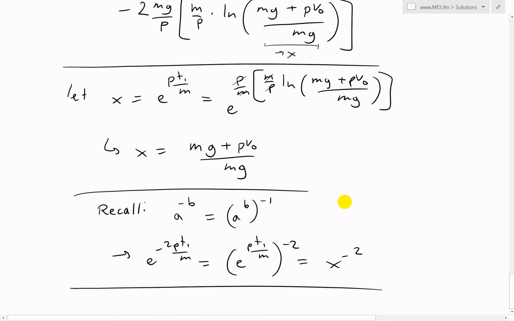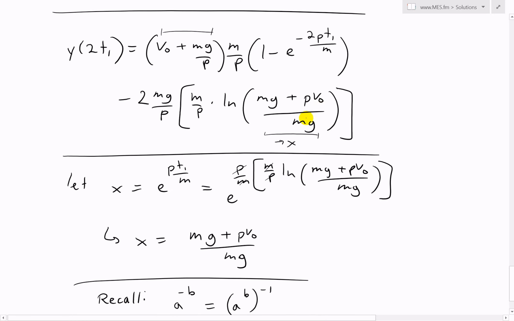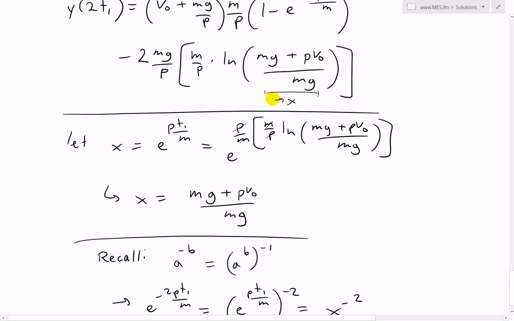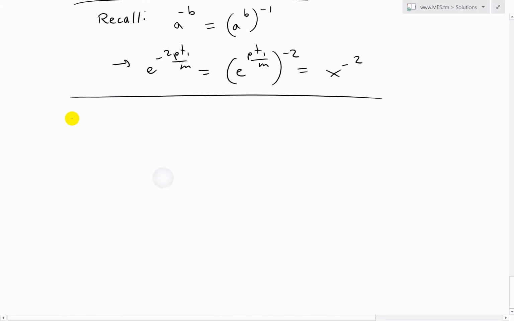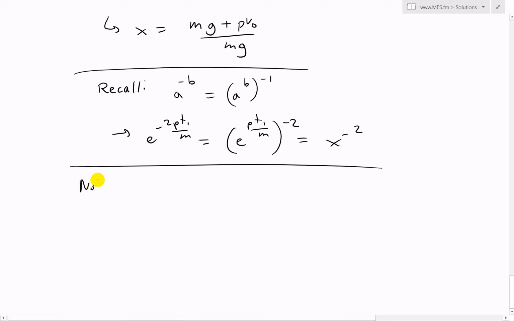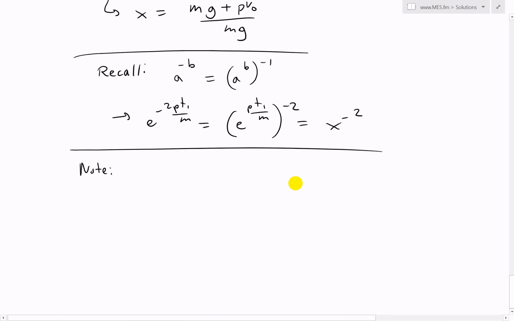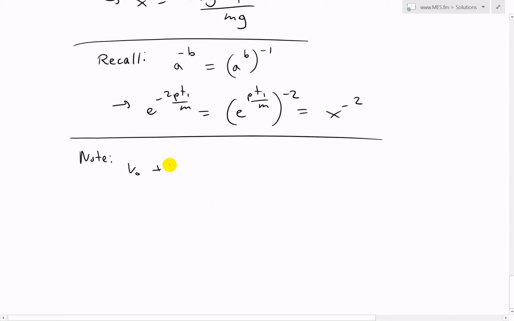And the reason is because it looks somewhat like this: mg plus pvo over mg. So we'll make it look like that so that we can replace it with an x. So I'll write a note just to indicate that we're going to be solving this. So v0 plus mg over p, well, what this equals is, let's multiply both sides by p